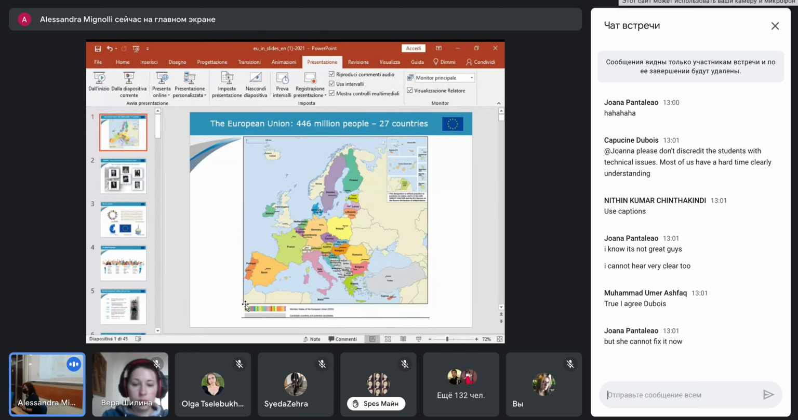And the other one is enlargement, so the dynamics of membership